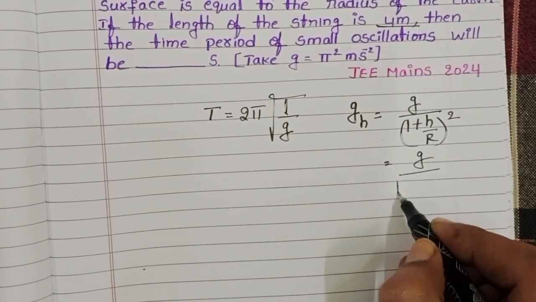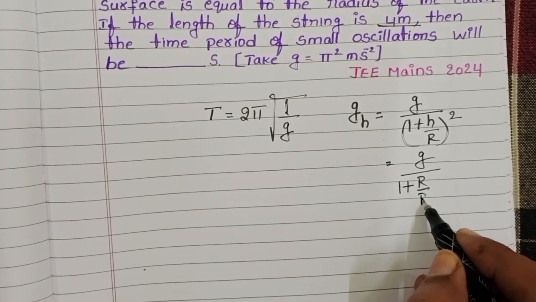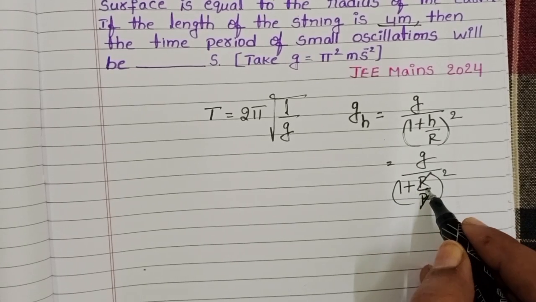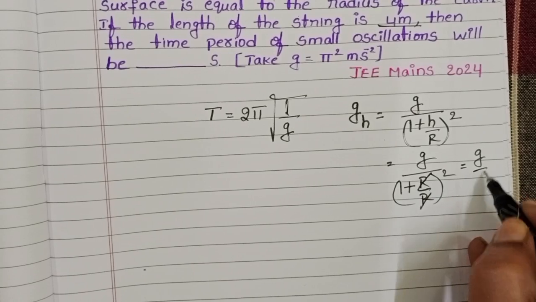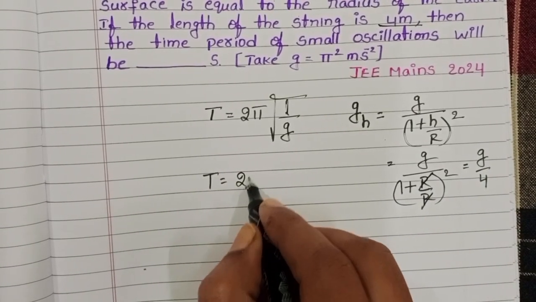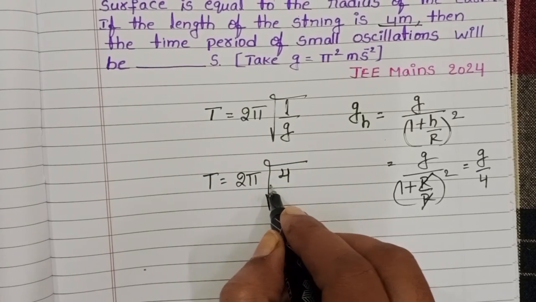g by (1 plus given height), and the height is equal to the radius of the earth. R by R gets cancelled. 1 plus 1 is 2, 2 whole square equals 4. So g by 4. Time period is equal to 2 pi square root of the given length, which is 4 meters,